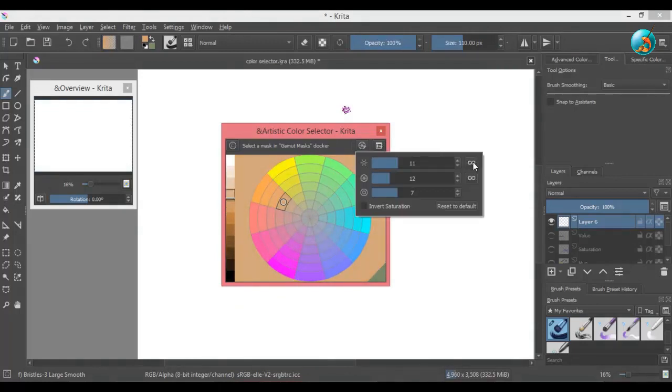You can increase or decrease the hue sections from here to add more colors to the wheel or limit the palette. You can also apply continuous mode to hue. The last slider will add or decrease saturation rings.